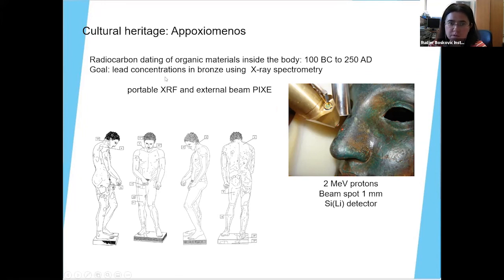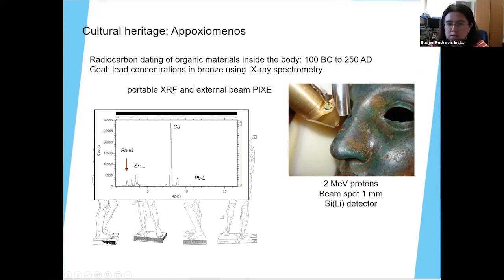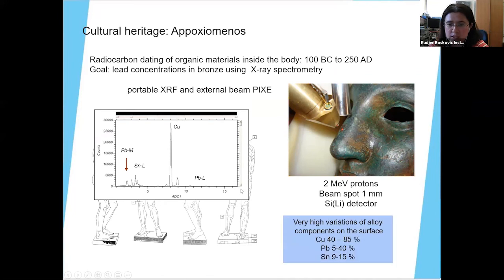And the conclusion from this portable XRF and external beam PIXE analysis showed that basically, there was very high variation of alloy components on the surface between different samples. So copper ranged between 40 and 85%, while lead was between 5 and 50%. So the conclusion was that this type of analysis is not suitable to determine the lead concentration in bronze,